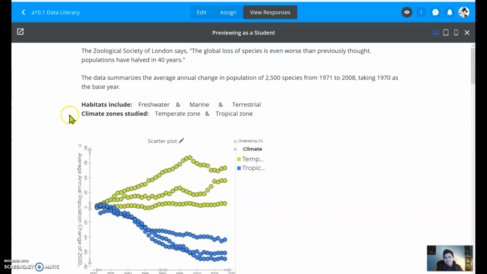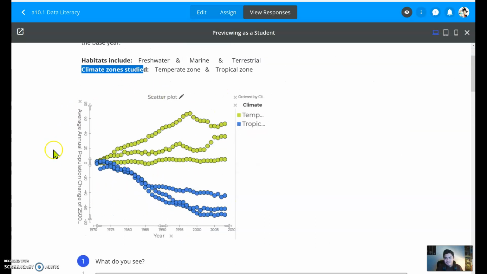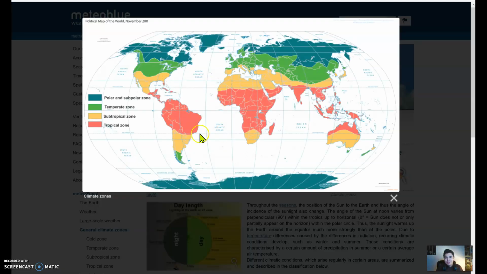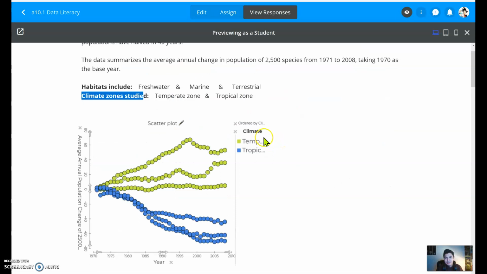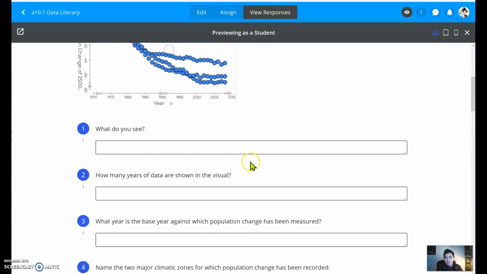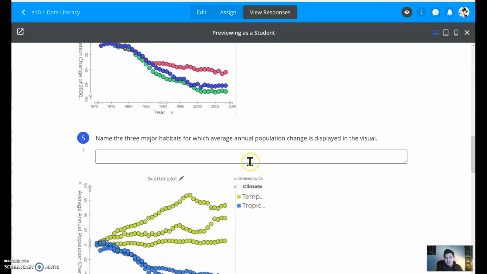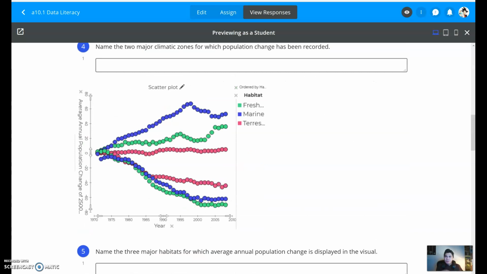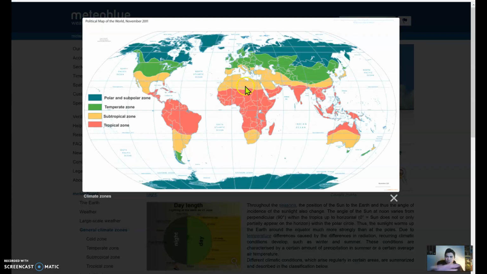Climatic zones. Hey, look at that. Climate zones studied. Look at this plot. What are the 2 climate zones that we were studying in the entire world, or that these scientists from London were studying? Next, if you take those zones around the world, those zones have fresh water, such as